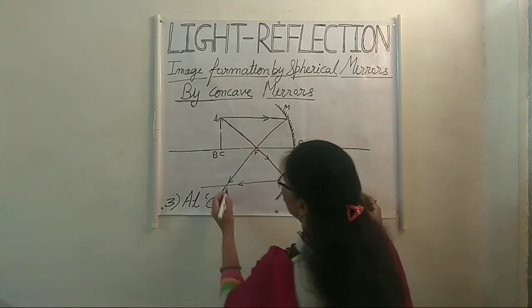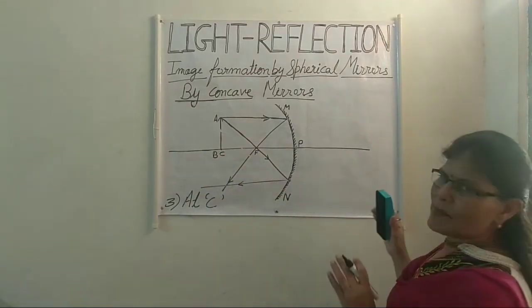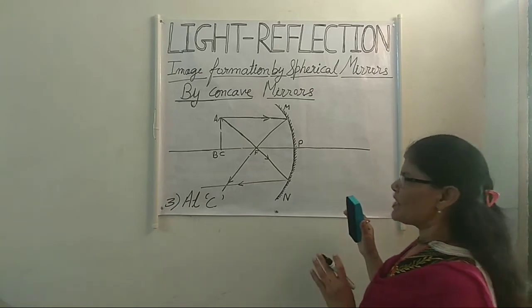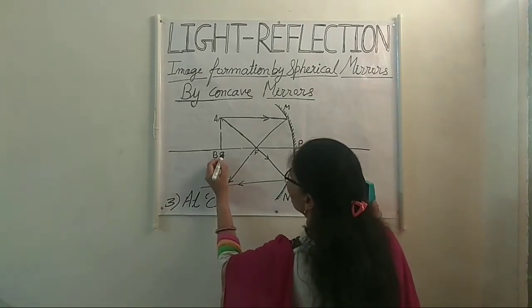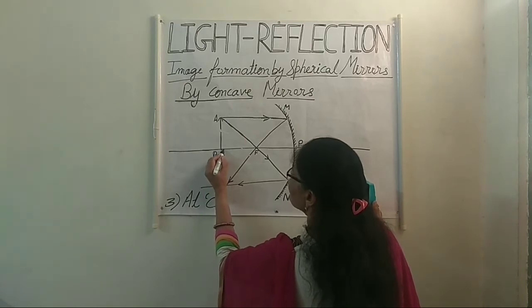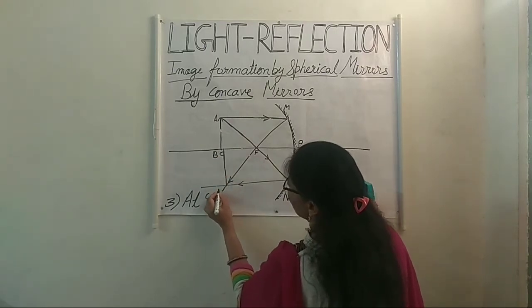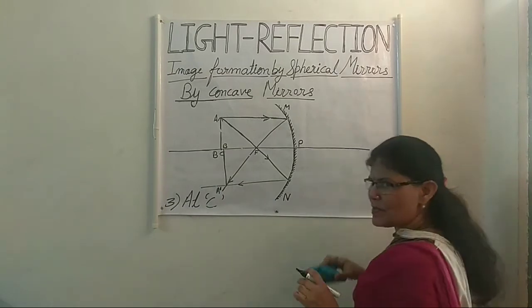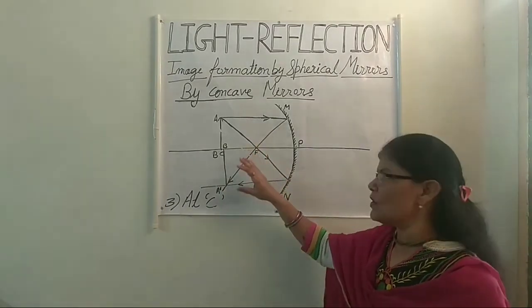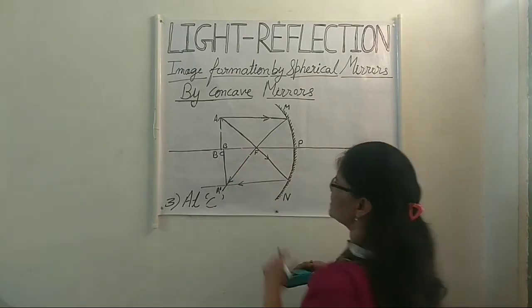And our image formation will be here. Children, we have not taken accurate measurements here. If we use proper measurements, then our image formation will be accurate. So it will be at the center of curvature only. This is our image formation, but here it is in a slightly different place, but it should be at the center of curvature. This is A dash and B dash. If we use correct measurements, it will be at the proper center of curvature.